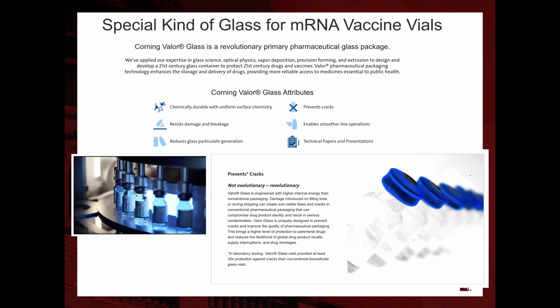Another important application during the pandemic was to make the vials for the vaccine, especially the first vaccine, the Pfizer-based vaccine, which was meant to be stored at very low temperature. So the regular pharmaceutical vials were not going to be strong enough to withstand this temperature. And we had to use a relatively new type of glass that was at that time made